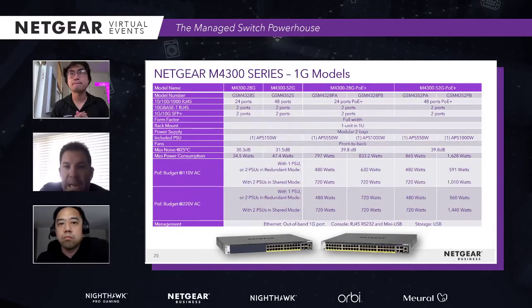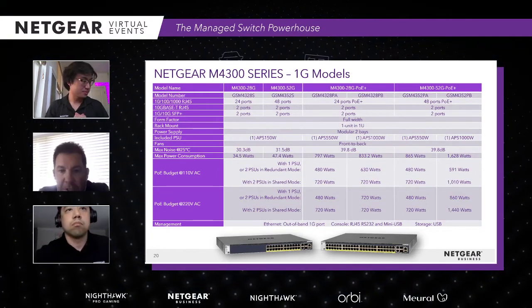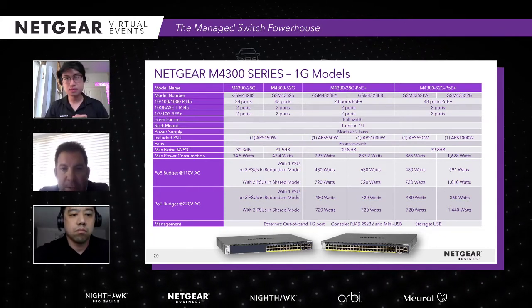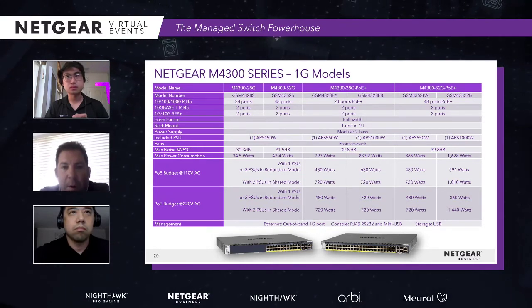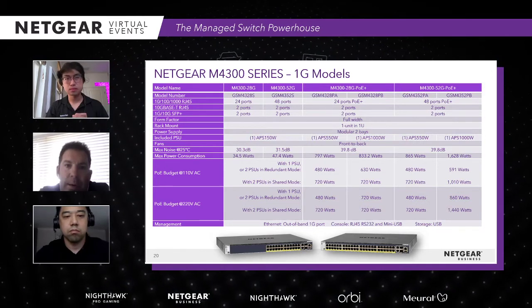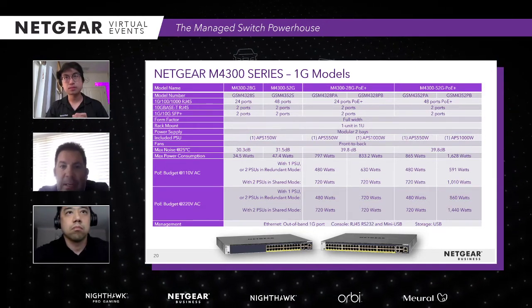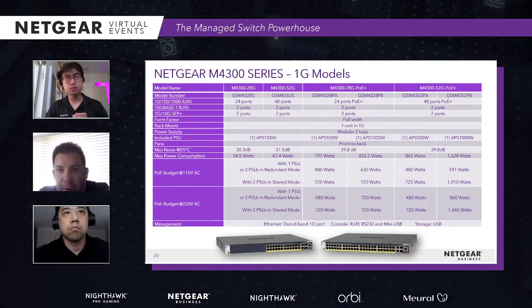Boom, the bad boy. So this is the gigabit version of the M4300 series. You'll notice at the top row there's the M4300 28G and 52G. Pretty straightforward: it means 24-port and 48-port switches, no PoE. It's got redundant power supplies. That's pretty much it. But if you want the PoE version, you would look at the M4300 28G PoE Plus